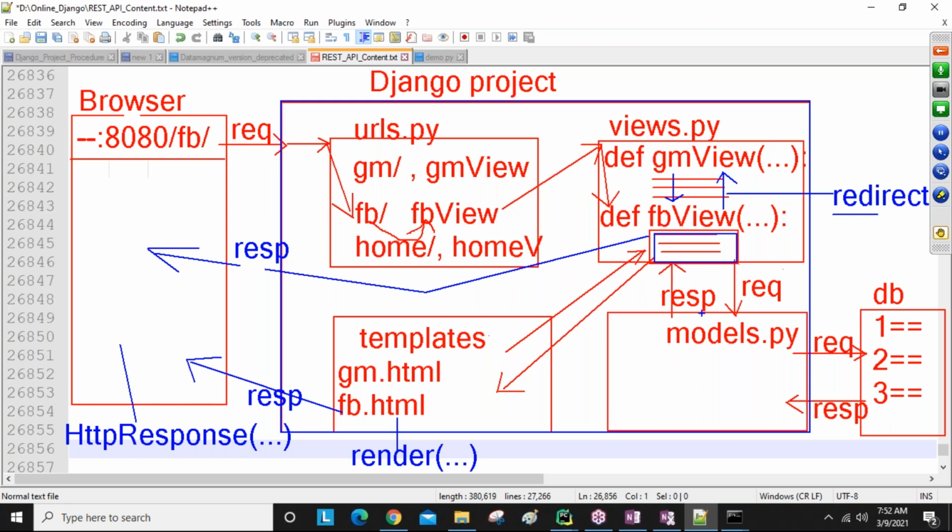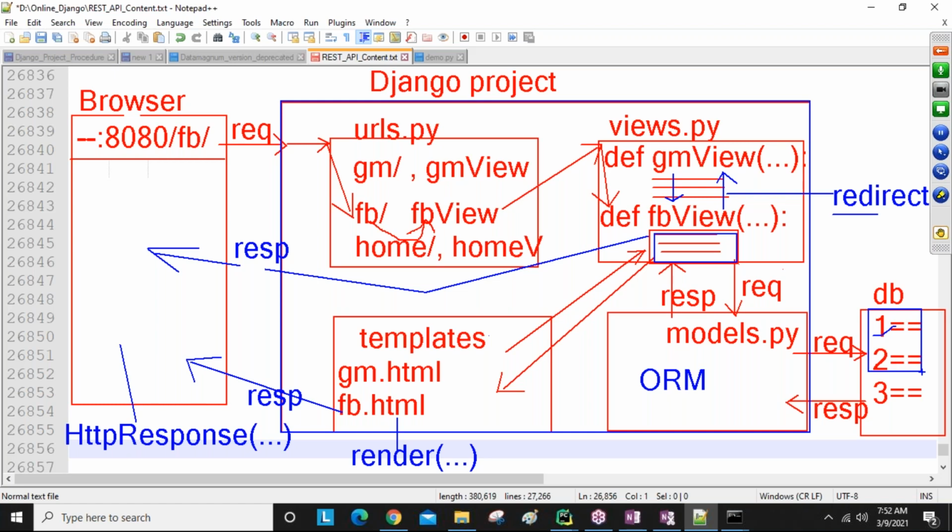And next, view to models. If you want to do communication from view to models, ORM structure is there. Later I will tell about the ORM. There are ORM queries, and a number of ORM queries, guys. If you want to get all records from the database, one method; if you want only one record, another method; only these two records, another method, condition based. N number of methods there, filter methods. So we will discuss the ORM query separately.